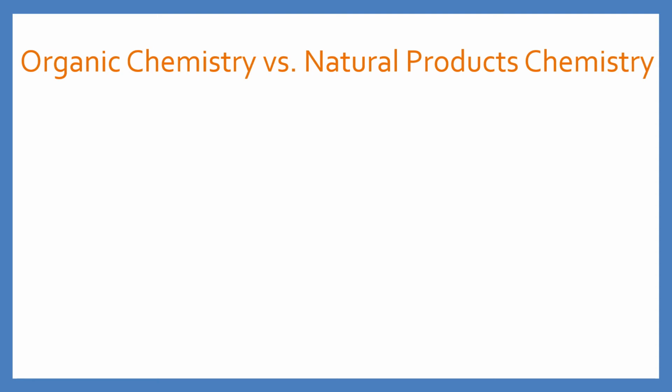So there are two related but kind of different fields of chemistry that often get confused. There's organic chemistry and natural products chemistry. And since organic tends to have the connotation of good for you, comes directly from the earth, is pesticide free, and so forth, it tends to get confused with natural products chemistry. So organic chemistry is a very broad topic covering anything that has carbon atoms, while natural products chemistry is very specifically about the synthesis of compounds that can be found naturally. So it's actually a small sub-branch of organic chemistry.